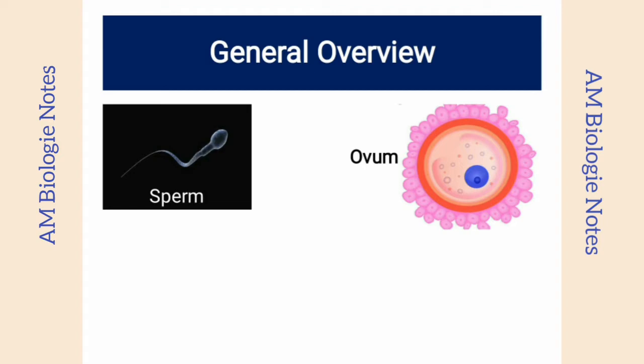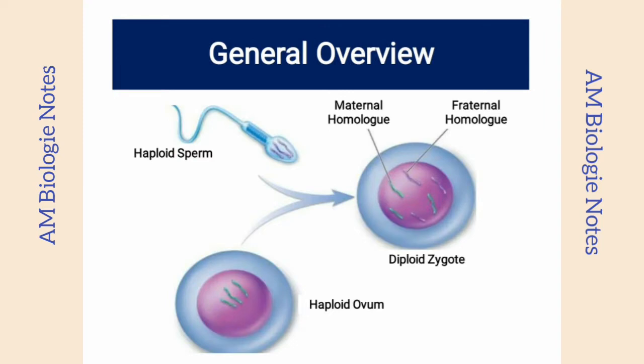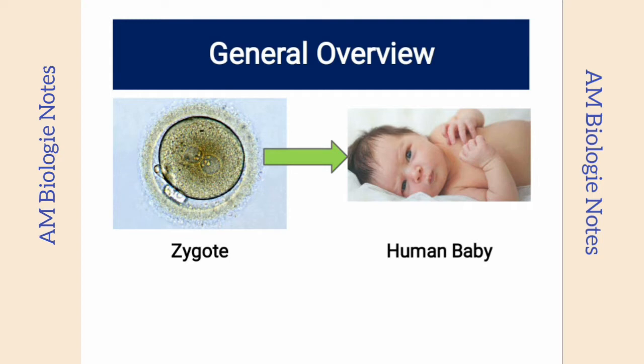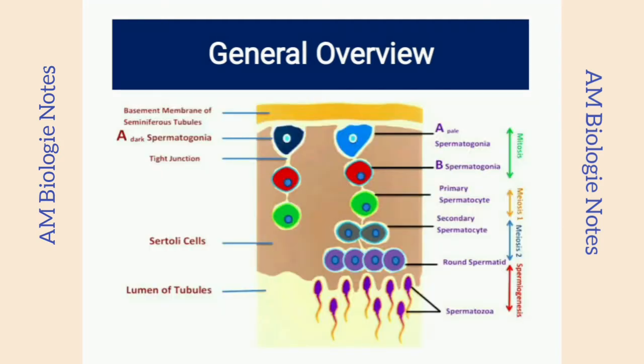From the last two videos of human reproduction, we come to know that a mature sperm or male gamete is required to fuse with a mature ovum or female gamete for the production of a zygote cell that will give rise to a normal offspring after a certain period of gestation time. So it is very important to understand the detailed structure of a mature sperm.